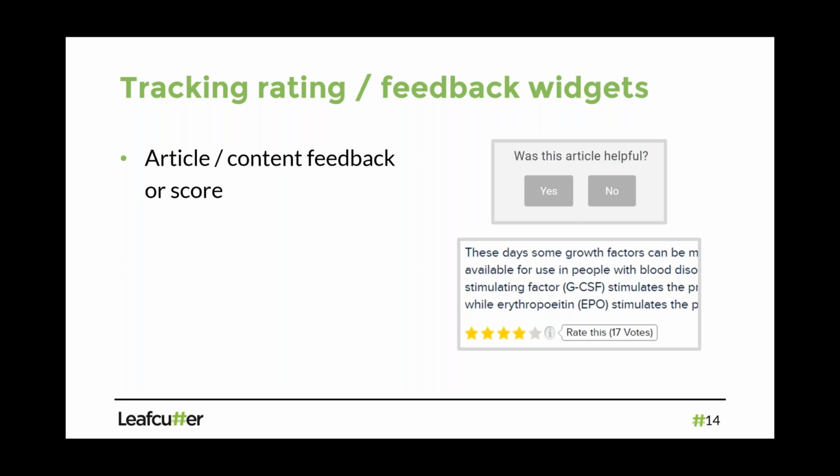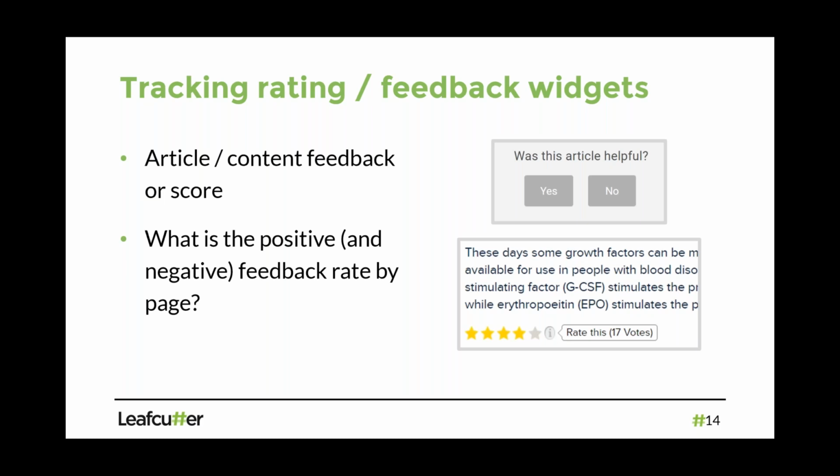So then we have this richer source of information about the content on a website. And if we have that all together, we can figure out what our positive or negative feedback rate is page by page. That might then highlight content on the website where the negative feedback is much higher than our average. And it might highlight a big problem between the expectations of people going to that page, the content they find there, and the question they're actually trying to answer.